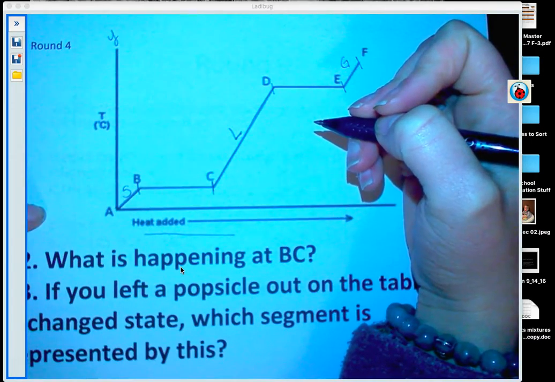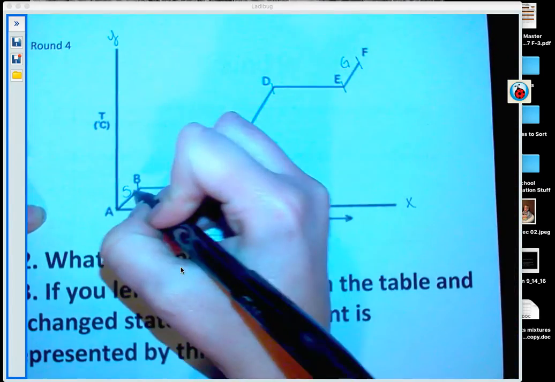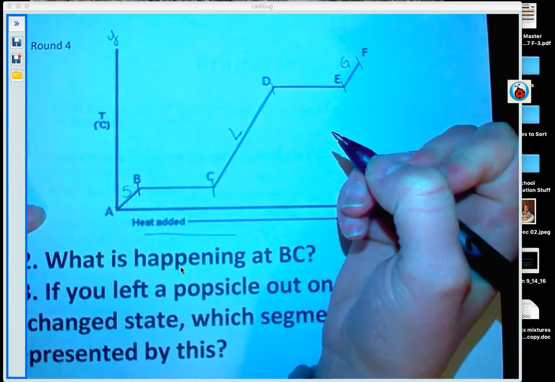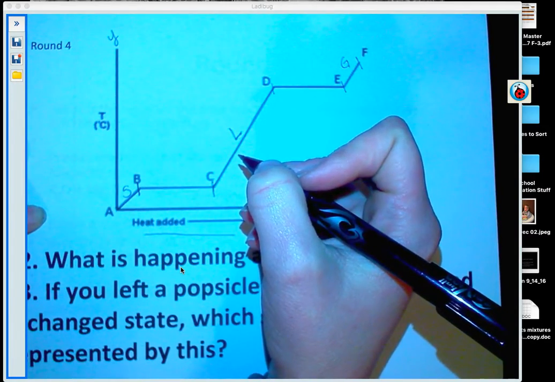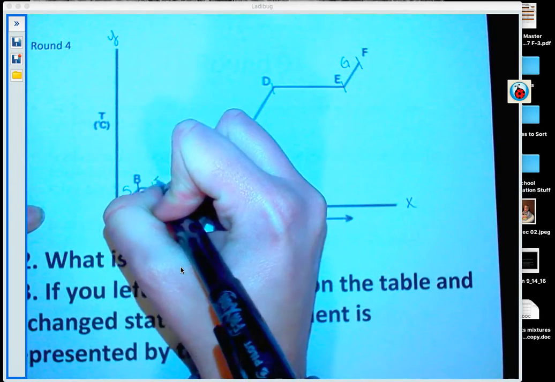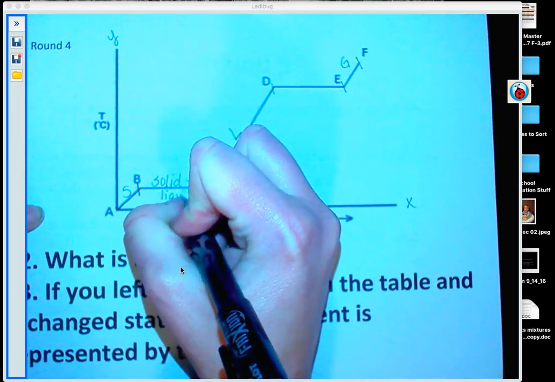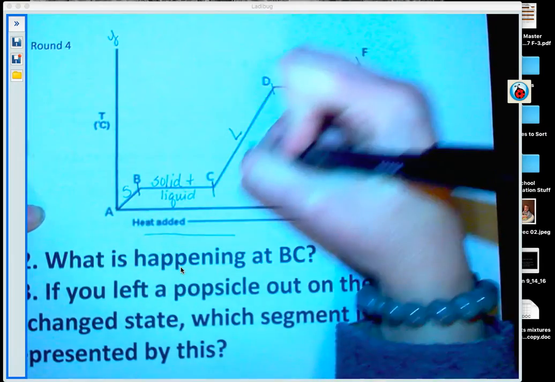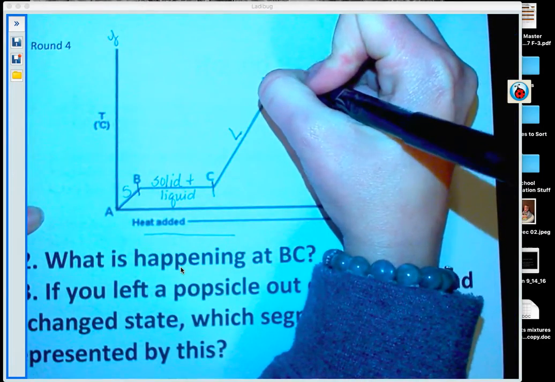But not everything is always in one perfect state of matter. So that means that what I consider to be the half and half phases. There's times when things are half of one thing and half of the other. So right here, this phase is going to be solid and liquid. Then here it changes over to liquid. And over here, it's going to be liquid